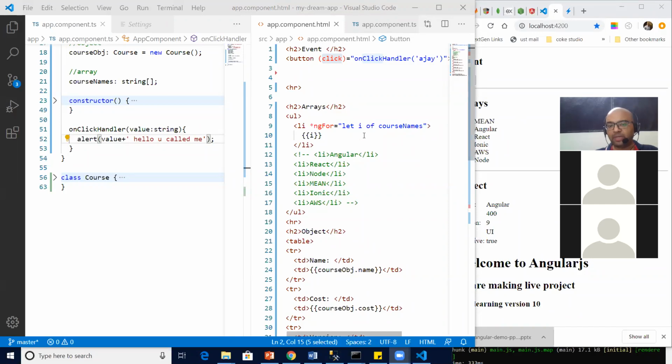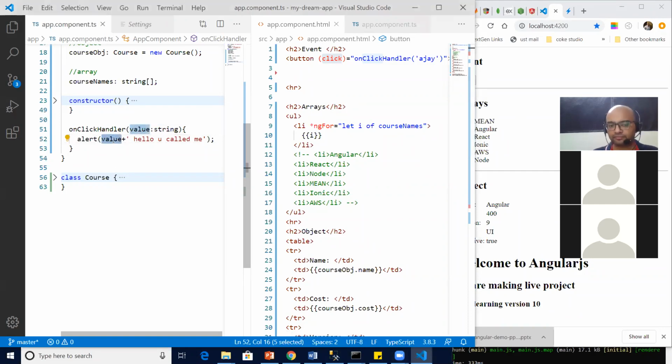Okay, good question. We need placeholder basically in HTML. In class, we don't need placeholder. We can directly hook like this. We need placeholder in HTML because there we are printing it. You got my point? In HTML, we need to print the value of variables or properties or objects or arrays.